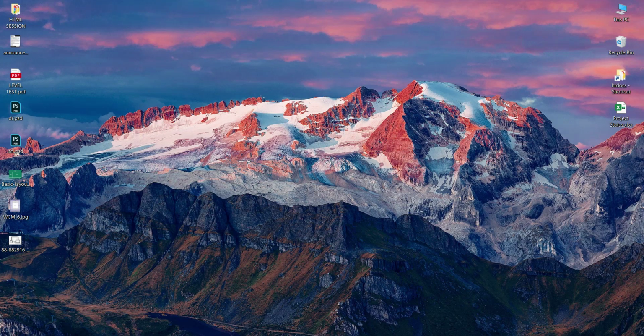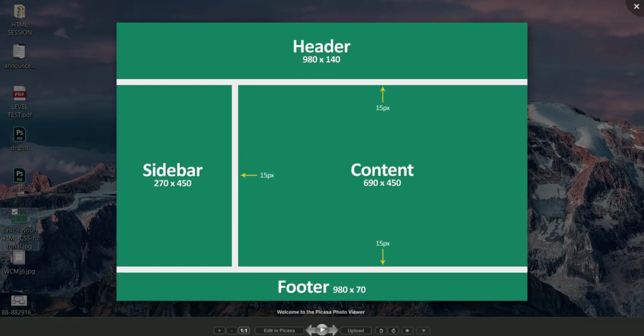Now coming to your task, or the assignment, you have to create something like this. Just pause the video and take a screenshot and go ahead. You have to create a div with the name of header.